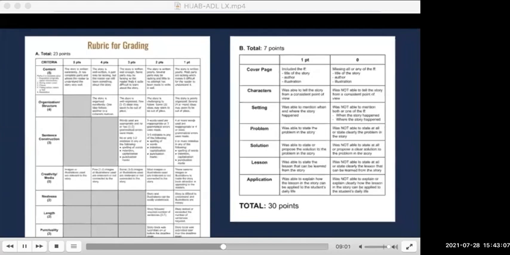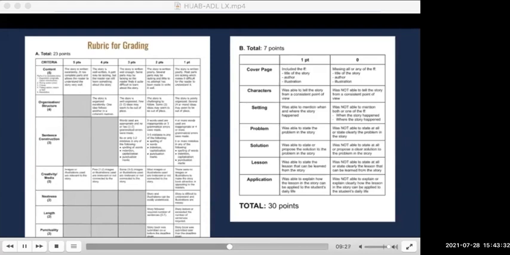Part B, as mentioned earlier, was about the story elements and the cover page, which was given 1 point each, while Part A focused mainly on how their storybooks were made. The bulk of Part A were from content and creativity or media, which were given 5 points each. Organization or structure was given 4 points, while sentence construction or grammar was given 3 points.